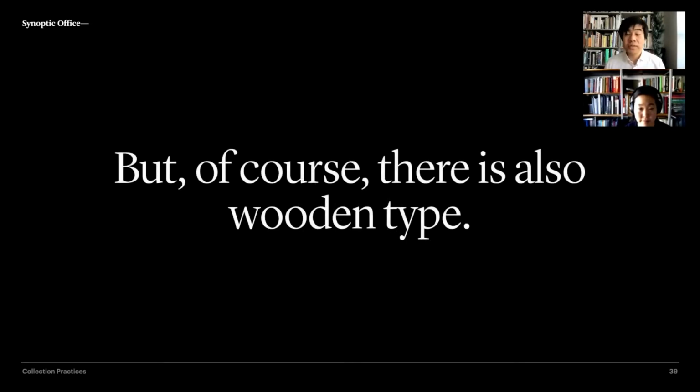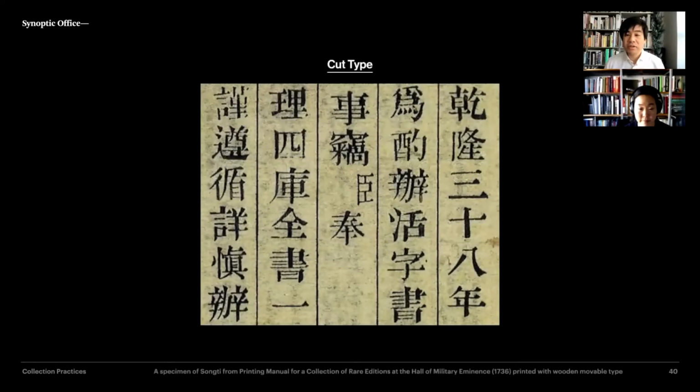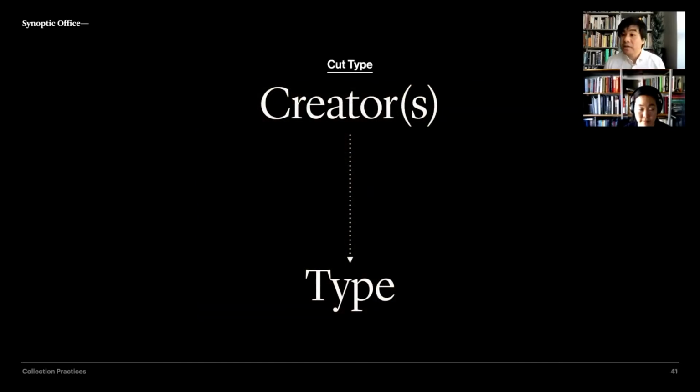Now, of course, the elephant in the room is that when we think about type, there's also a lot of wooden type. But if we abstract it, it comes out a little bit different. Here is an example of Chinese wood type that's, of course, cut. This is from the 18th century. One of the things about wood type is that each piece is cut individually. So you can see the imperfections that are different, even if it's the same character. On an abstract level, with cut wood type, you have a creator, and then that visual idea goes immediately into the typeface. Each block is unique. It's its own thing. There's none of that intermediate process where you have a large amount of